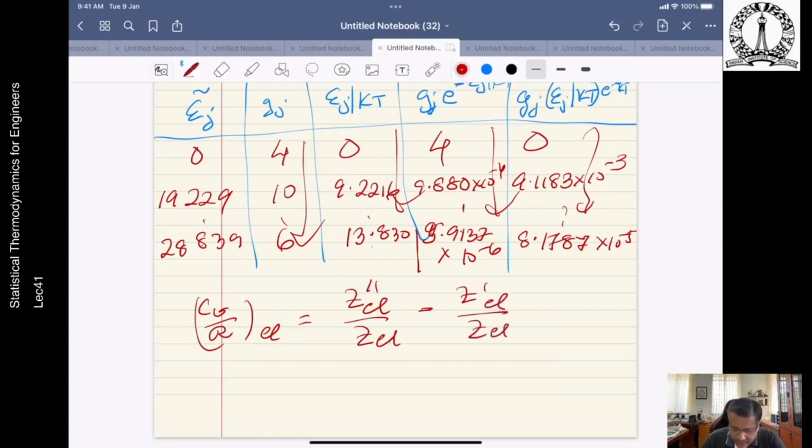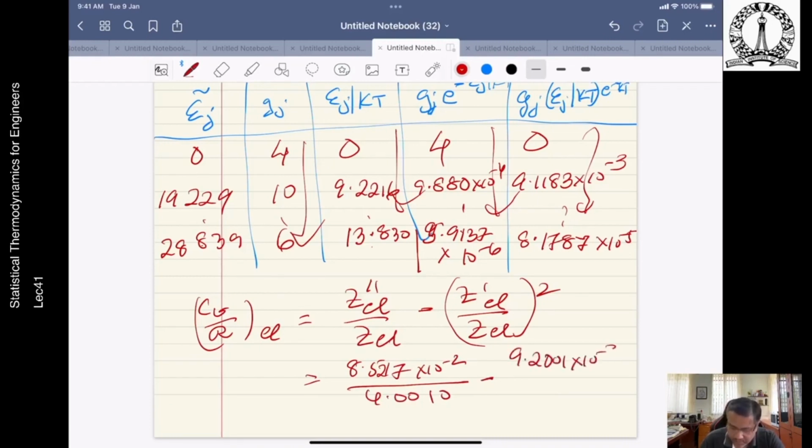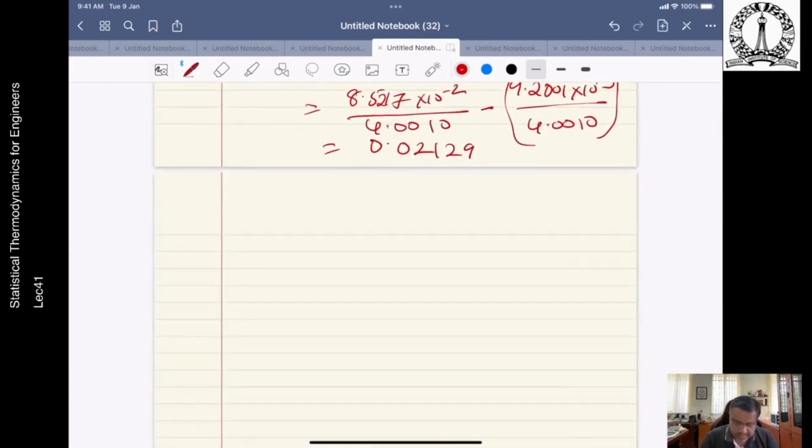You know the definitions now, each one of these terms. So it is 8.51217 to the power of minus 2, divided by 4.0010 minus 9.2001 into 10 to the power of minus 3, 4.0010 squared. So this is actually 0.02129. Okay. So summing up the contributions, if you now do the complete summation, which is basically CV by R,